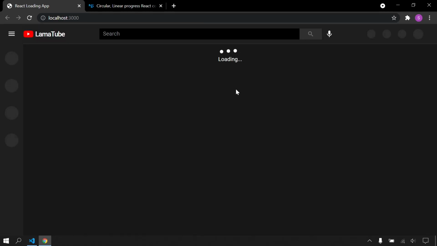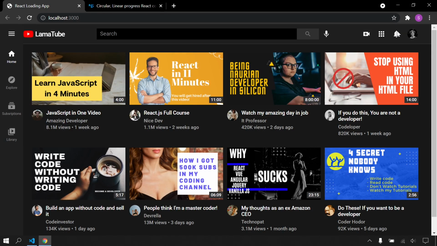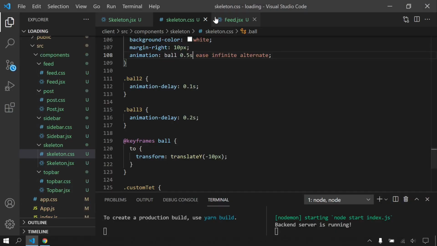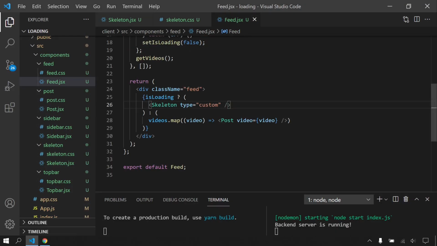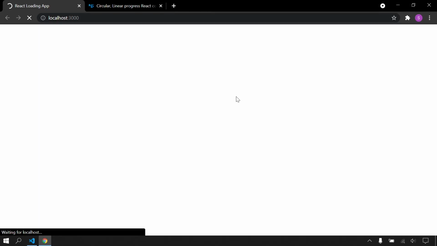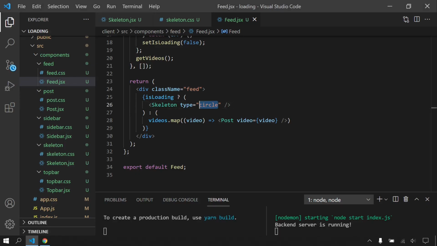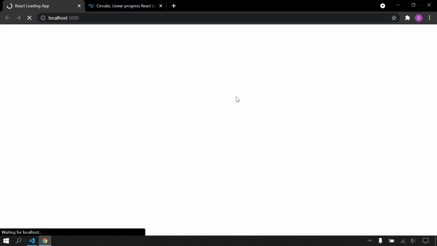I will refresh again. Perfect. It's really nice, really useful. The only thing you should do here is change your type. It's going to be circle or feed skeleton. Awesome.